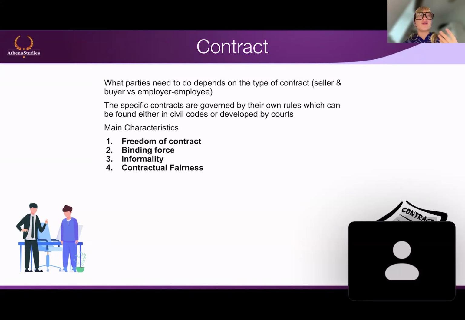For example, the first approach says that fairness depends on the outcome of the contract. So if you're treated unfairly as a consequence, the contract is unfair. And that seems logical, right? But there's also another view saying that if you have the legal capacity to enter the contract and you do it voluntarily, it doesn't matter what the outcome is because you agreed to the terms, and whatever is written in the terms is fair despite the practical consequences. We don't care about that. We disregard that. Only the fact that you agreed to it is taken into consideration, but of course voluntarily.